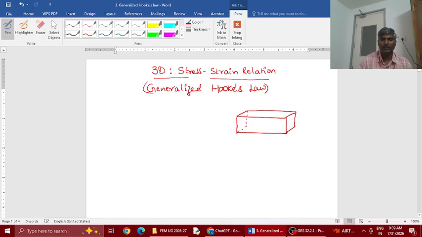Let us say this bar is acted upon by a stress called sigma x. Now, say this dimension is L, this is B, and this is D. So due to stress sigma x in the x direction,